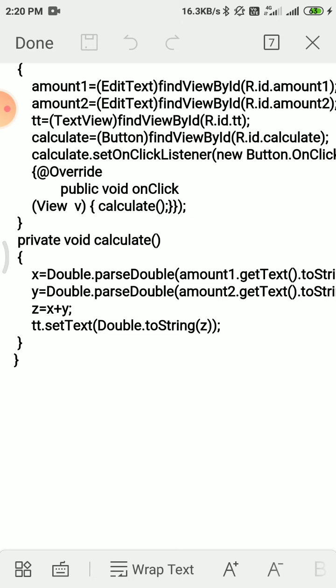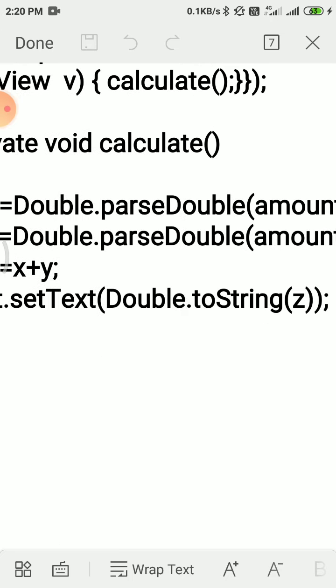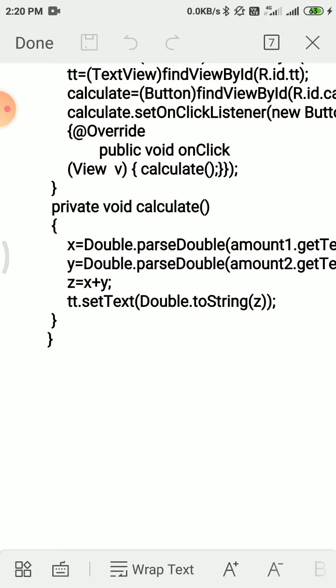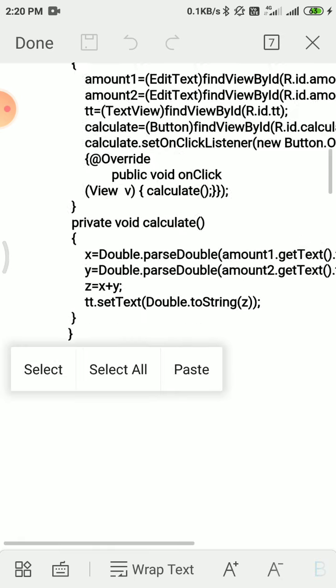Then after clicking on the add button, your answer will be 22, because in this case it directly concatenates the numbers, since they are in text format. That's why parseDouble is used here. This is all about the backend file.